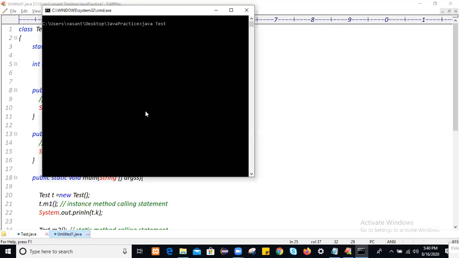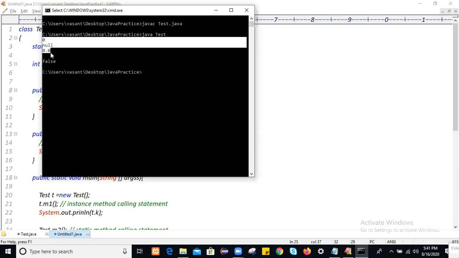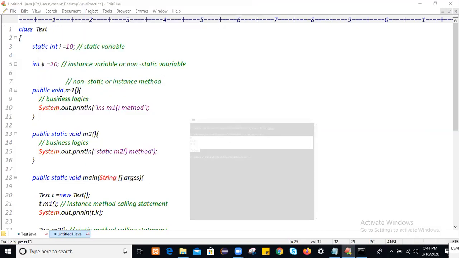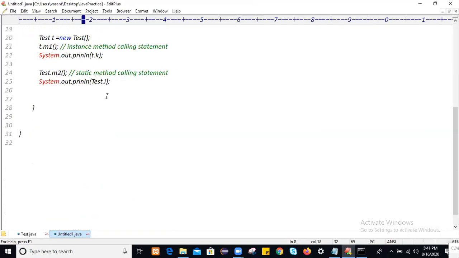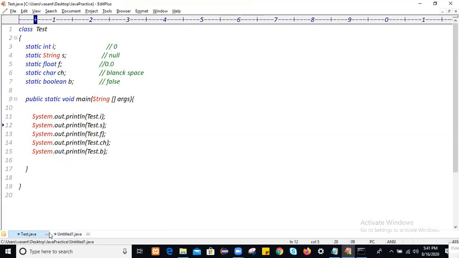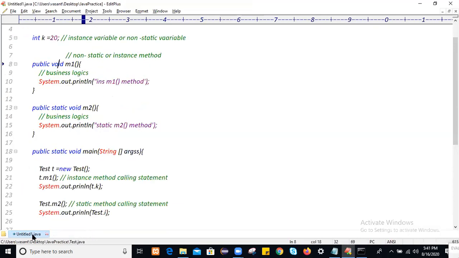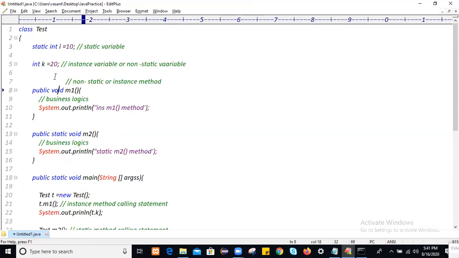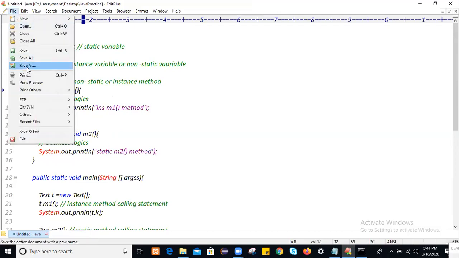Let me compile it again and run it again. How to run? java Test. 0 null. Okay, got it.